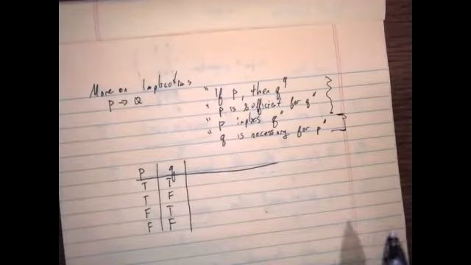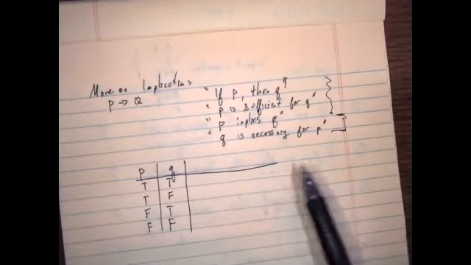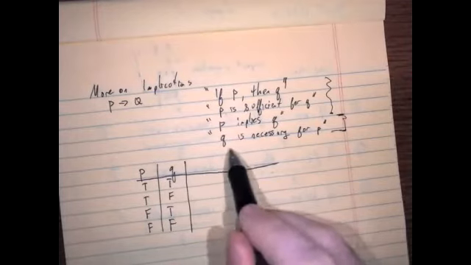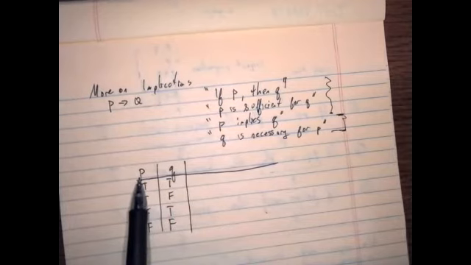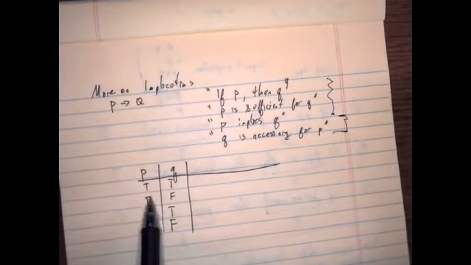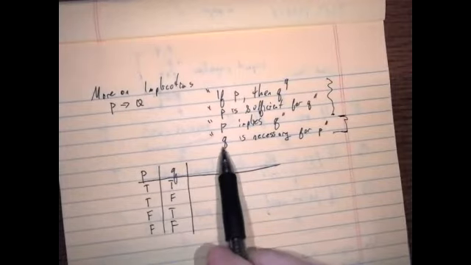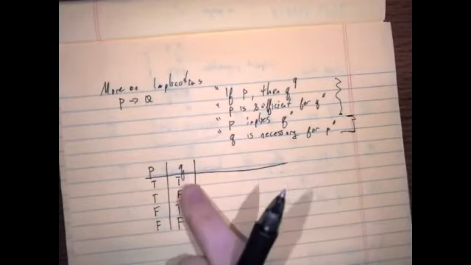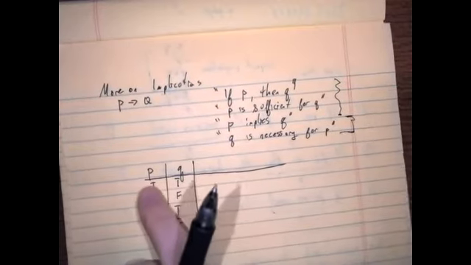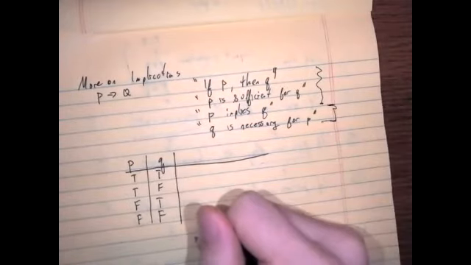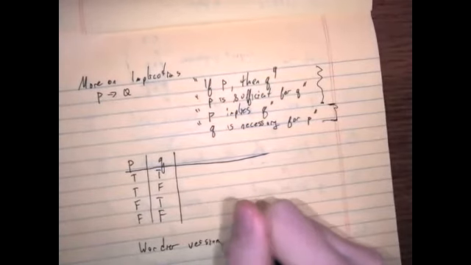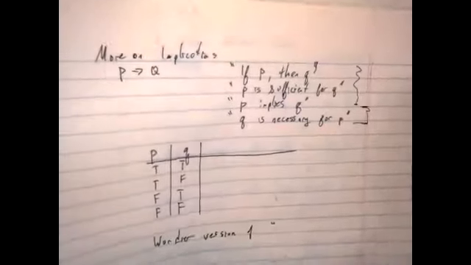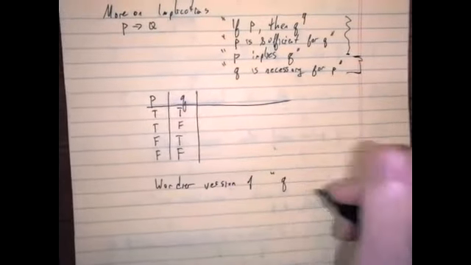And the point that I want to make about Q being necessary for P is the following. Usually when we think about P implies Q, we start with the truth values of the hypothesis, and then we look at the truth values of Q. But for Q is necessary for P, we should first look at the truth values of Q and then compare them to P. So maybe a wordier version of Q is necessary for P is the following. Oh, sorry, you can't see this so well. Q is necessary for P